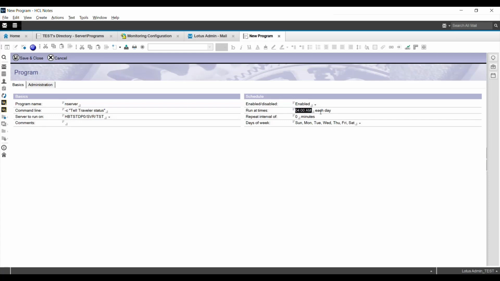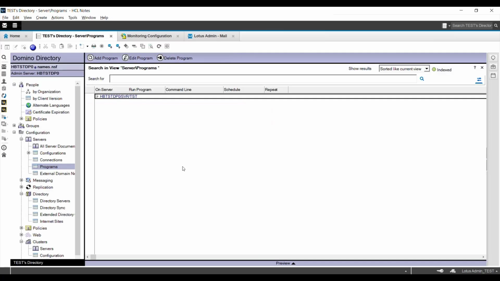Now let's keep this field blank so that we will run the command throughout the day. Now let's give an interval of 10 minutes and let's select all the days of the week. Click Save and Close. With this, we have configured the program document.